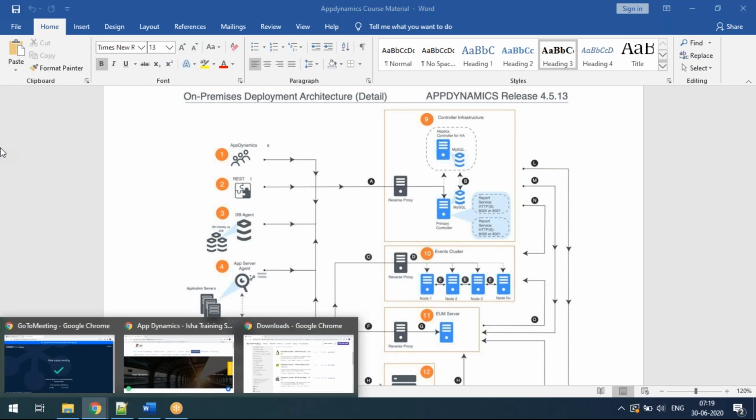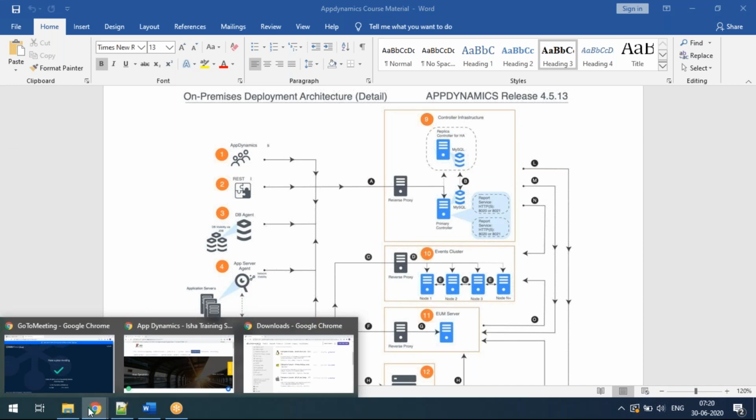So you mean that only one server can act as an event service? Only in one server we will be having the controller as well as event services. It will not be like the architecture you are showing, with event cluster node 1, node 2, node 3, node n, right? If you are an enterprise-level customer, you definitely know that you have a lot of data involved. At that time you can keep these things separate.